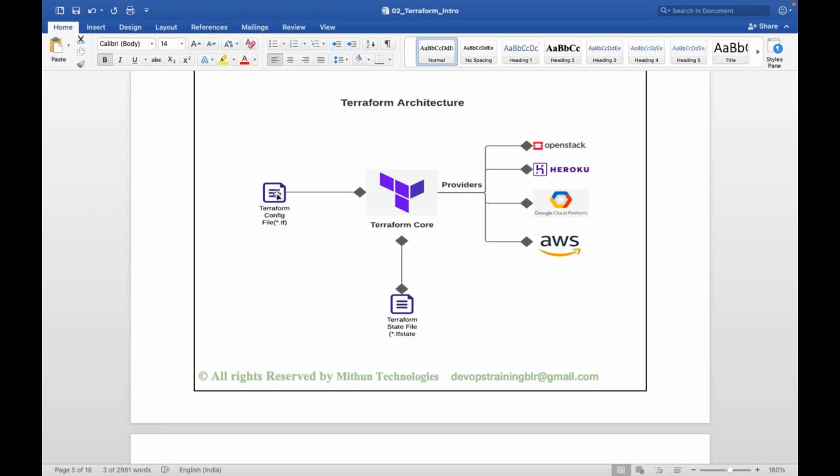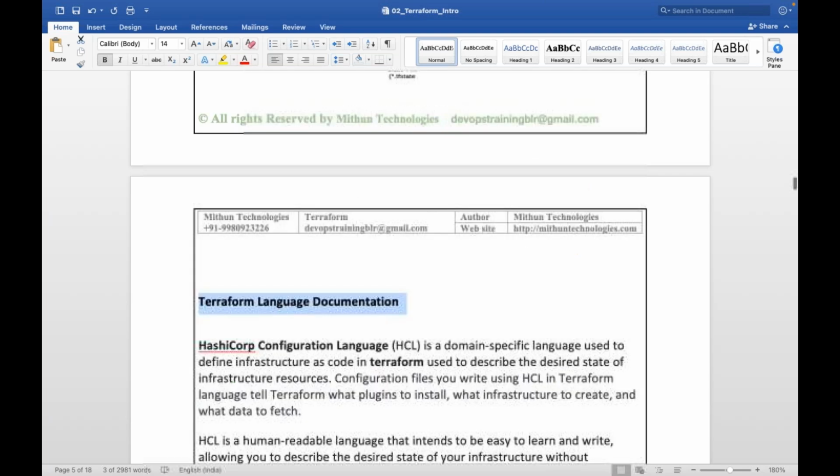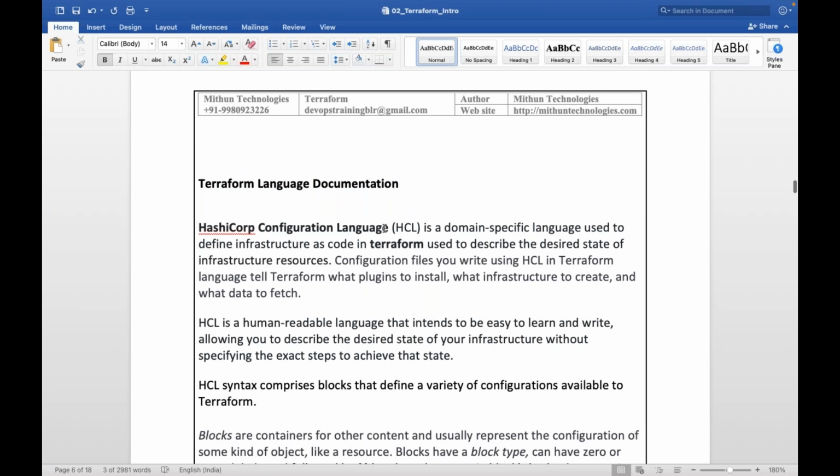Terraform is developed in Go language, but Terraform is declarative. Do you need to write any programmatic code or scripting, any kind of Java code or Python code or Go code, to write your Terraform configurations? No. You need not write any complicated code or complicated programmatic scripts. Terraform is a declarative way. You are going to write your Terraform scripts in HCL.